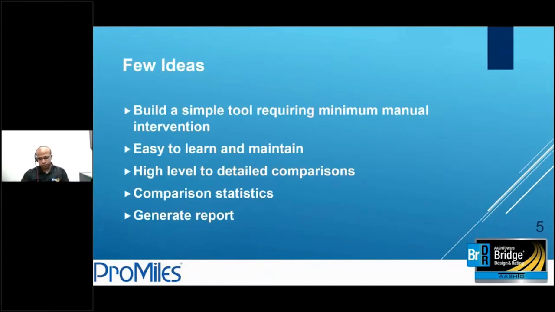I'm going to go back to the discussion we started maybe 2 years back. The idea was to build a very simple tool with minimum manual intervention. It should be easy to learn and maintain, and the users will not be exposed to a very high level of detail comparison unless they want to do a detailed comparison. Having some comparison statistics was also a good idea, to give the user a good overall feeling of what they are seeing between two versions,